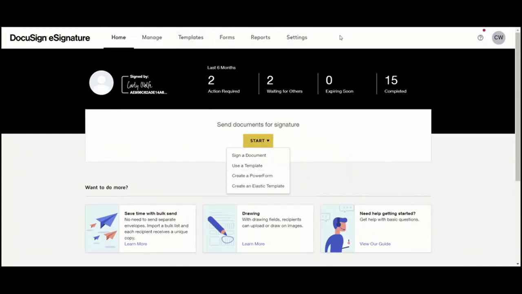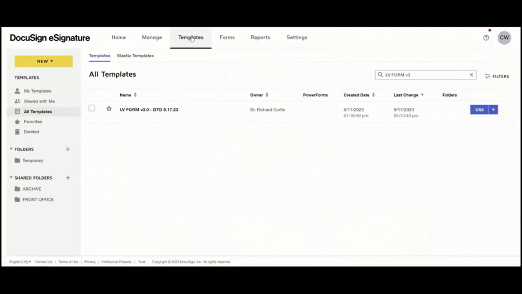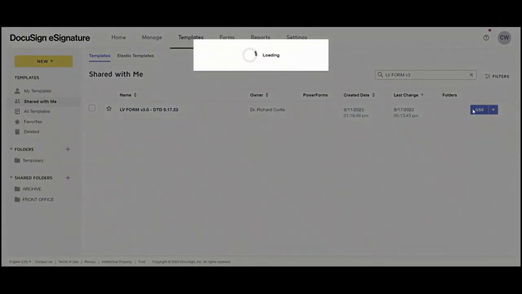Or you can go up here to the top and you have some other options. I'll be going to templates because I want to write a leave form. If you go to Shared with Me, you'll see all the forms you currently have access to. It's important to note that while the name of this form may change over time, you will always be able to find the most recent forms you have access to in Shared with Me. Once I've identified that this is the form I want to use, I go to the Use button on the right-hand side,